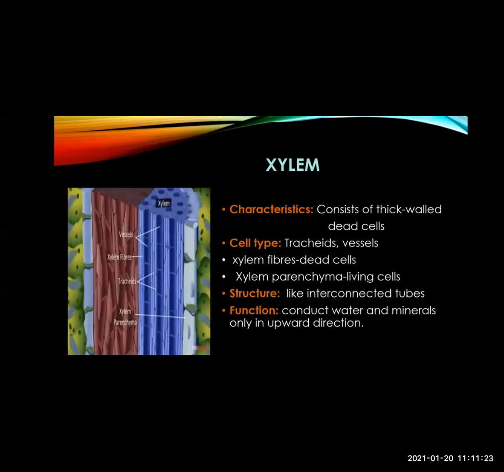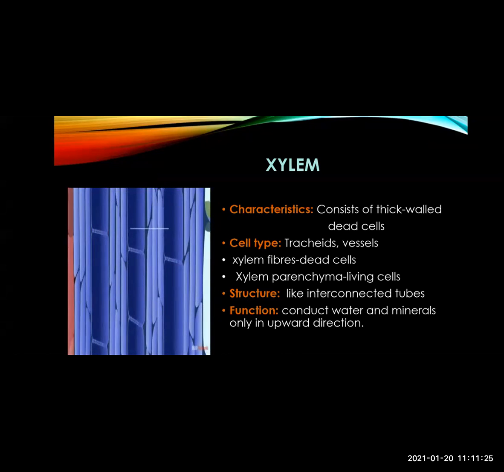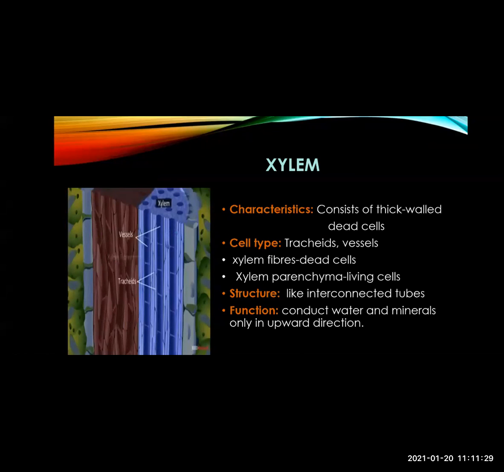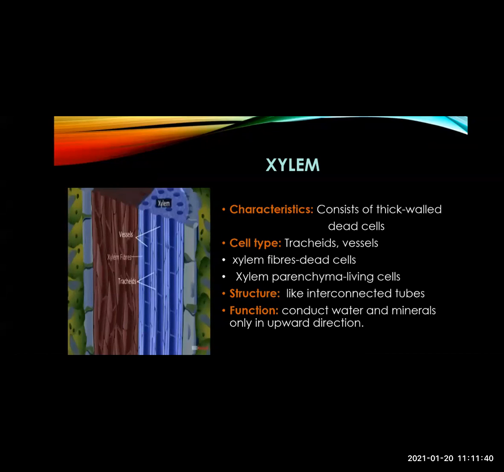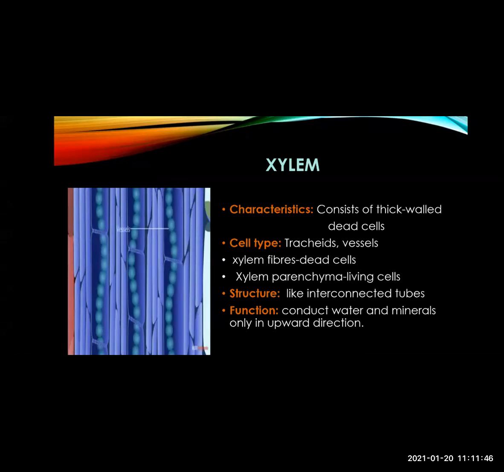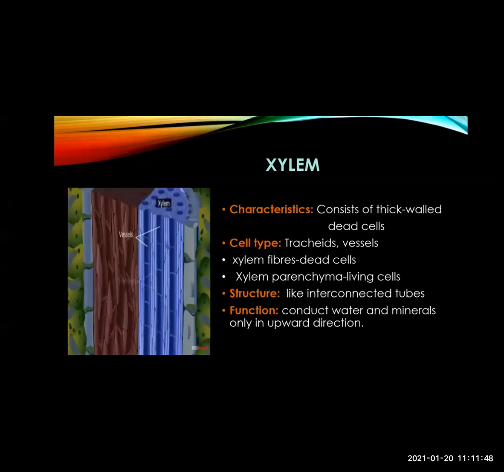How does it go to each and every part of the plant, that is, to the leaves, fruits, flowers, and the upper aerial branches? It is through the pipeline that is known as xylem. Xylem helps the plants to transport water and minerals from the soil to the upper parts of the plants.